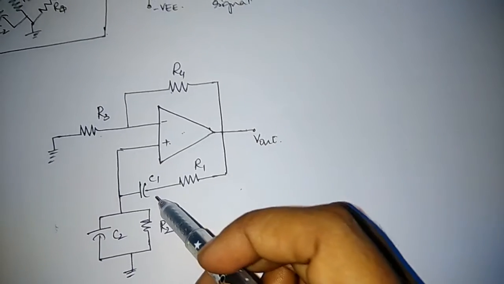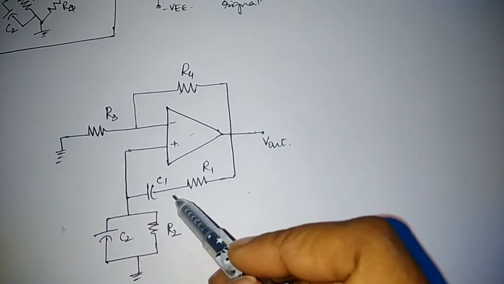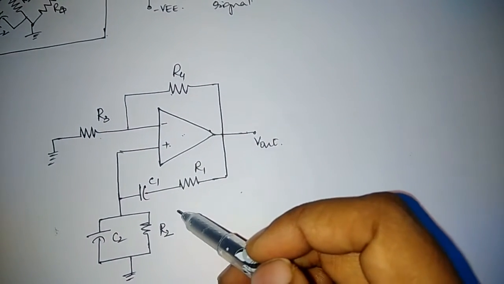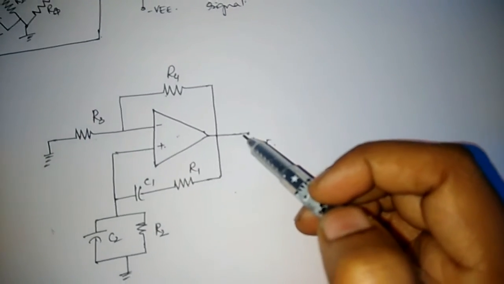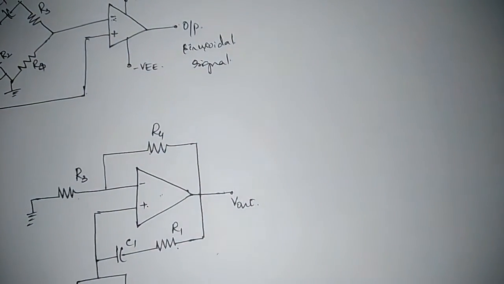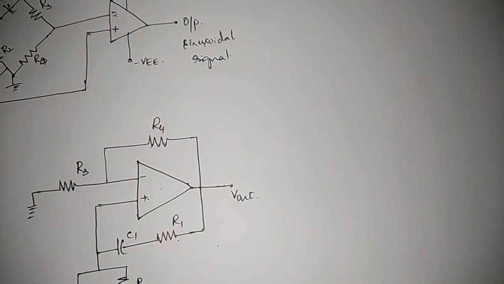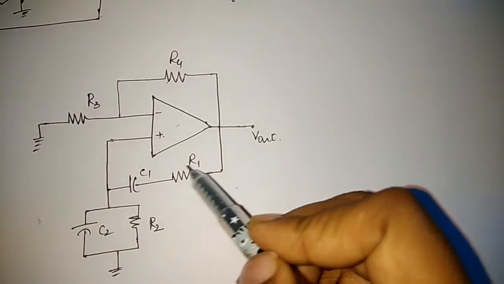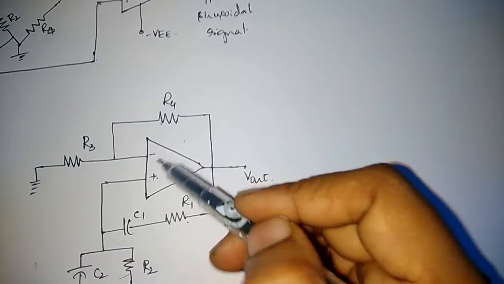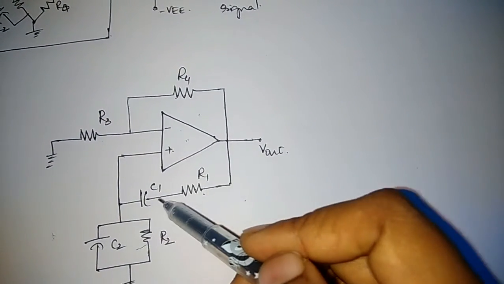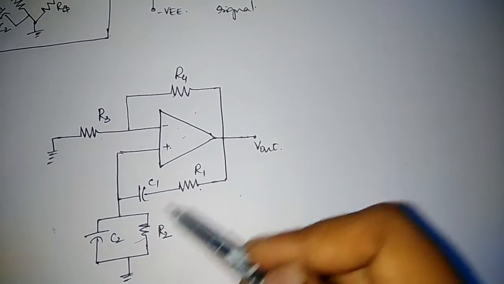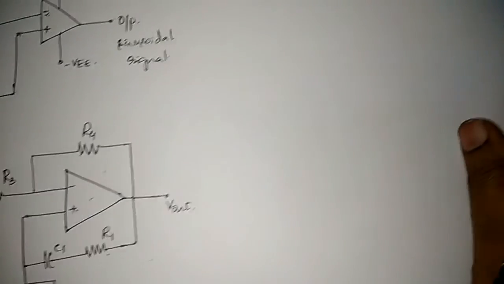So this R3 and R4 are responsible for the gain of this amplifier. The R1, C1, R2 and C2 form a bridge circuit, which decides the frequency of the oscillation it is producing. Either you can write this circuit or you can write this circuit. Now we have the derivation for the frequency of oscillations for Wien bridge. I am considering only this bridge circuit here; the op amp we are not considering. You can observe R1 and C1 are connected in series, the other pair is connected in parallel. So this circuit I'll consider for the derivation of frequency.